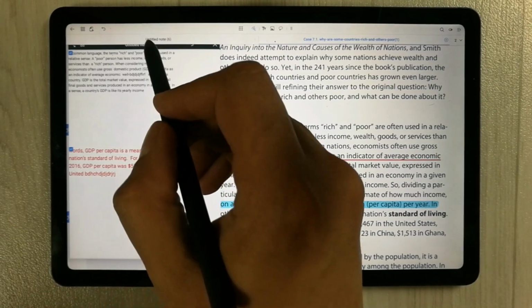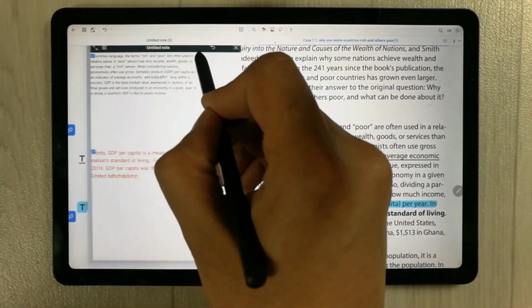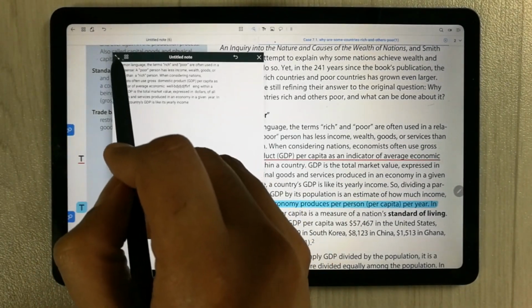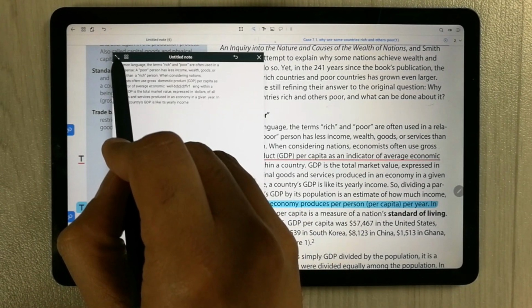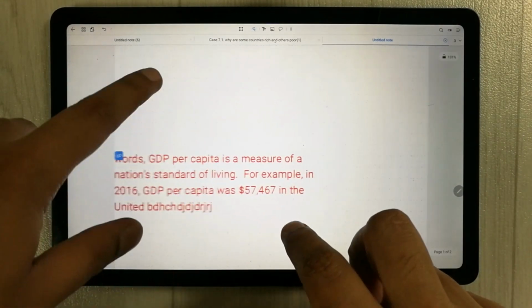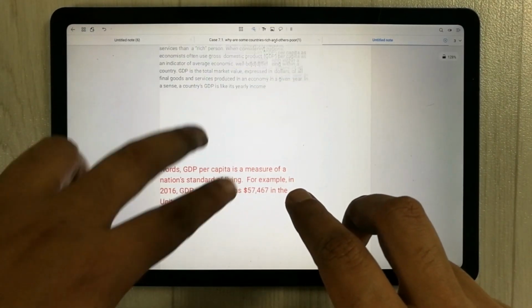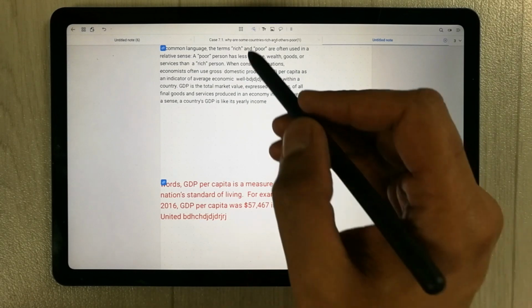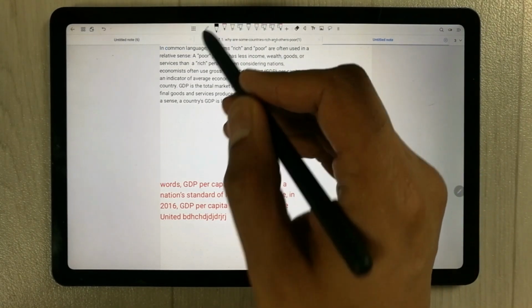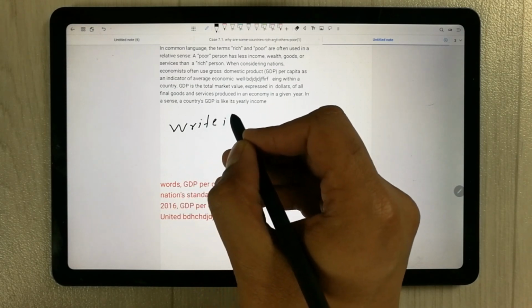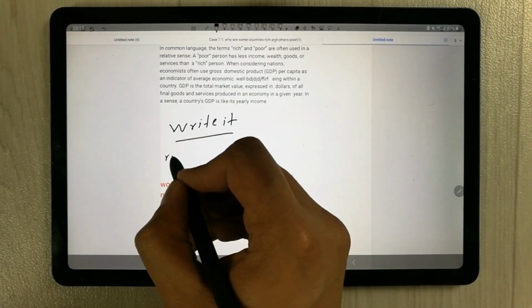Now as I told you, this note file, I already extract the text, so you can make it bigger to make it a complete note file. So go over here and select it. Now you can see the file is bigger, and then if you want to work on it, you can also work on it over here. The next thing that I want to show you is, for example, if you want to write anything over here, you can write it. Okay, you can make your notes.